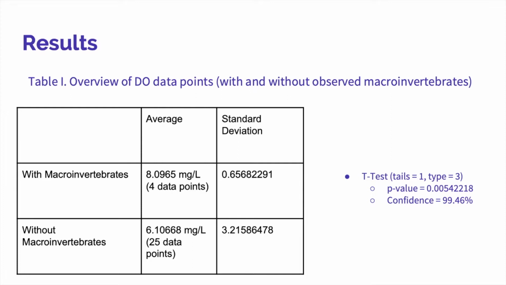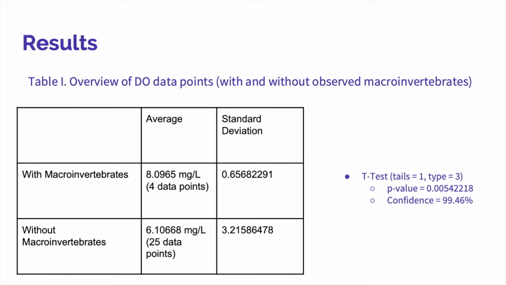For my smaller set of data, which observes macroinvertebrates, the average was 8.0965 milligrams per liter. The standard deviation was 0.65682. My larger data set, which did not observe macroinvertebrates, had an average of 6.10668 milligrams per liter and a standard deviation of